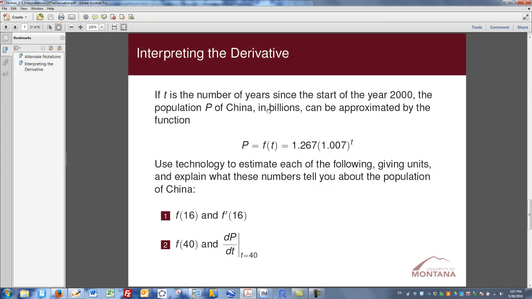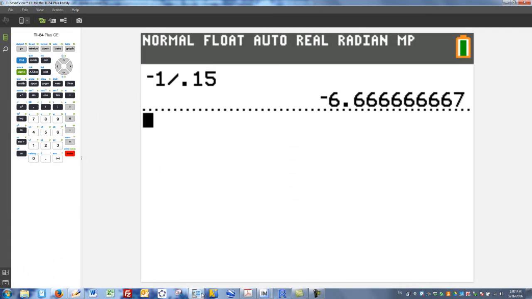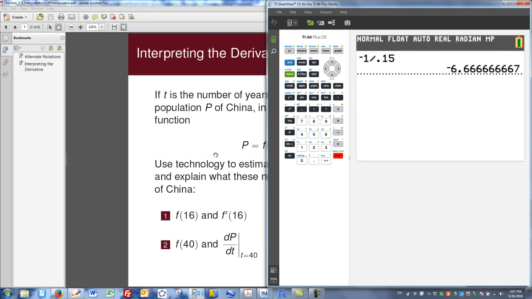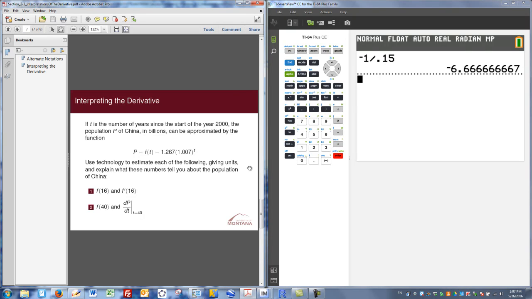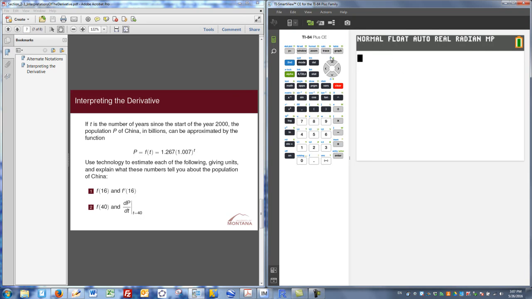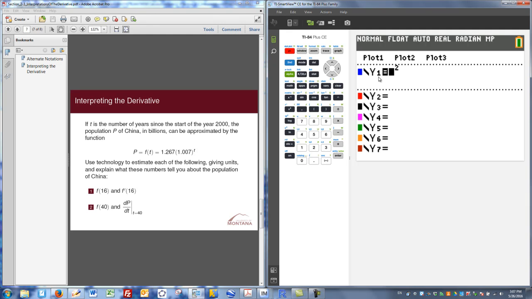I want to make sure that you are aware that your calculator can do derivatives as well. So I'm going to pull up my calculator emulator. It'll be off to the left here, and I'll put my slide off to the left, calculator off to the right. So I'll go ahead and clear this out. I think the first thing we should do is get a graph of this. So let's go ahead and delete these two things, and I'll put in this thing